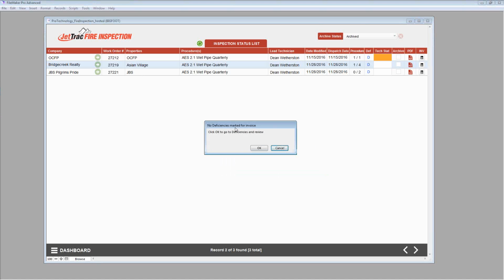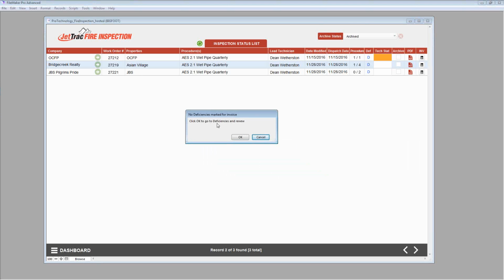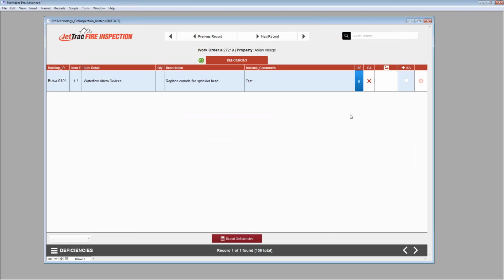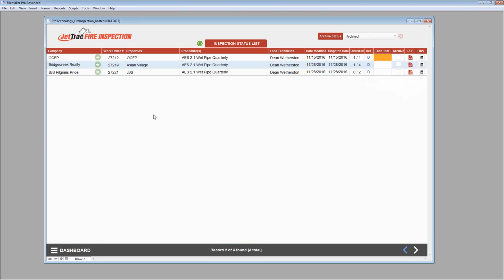Okay. There's a little message that comes up. No deficiencies have been marked for invoice, so we've got to do that first. And it's taken us to the deficiencies layout. Just happens to be 1. I'll go and click on the plus for invoice. And let's go back to our